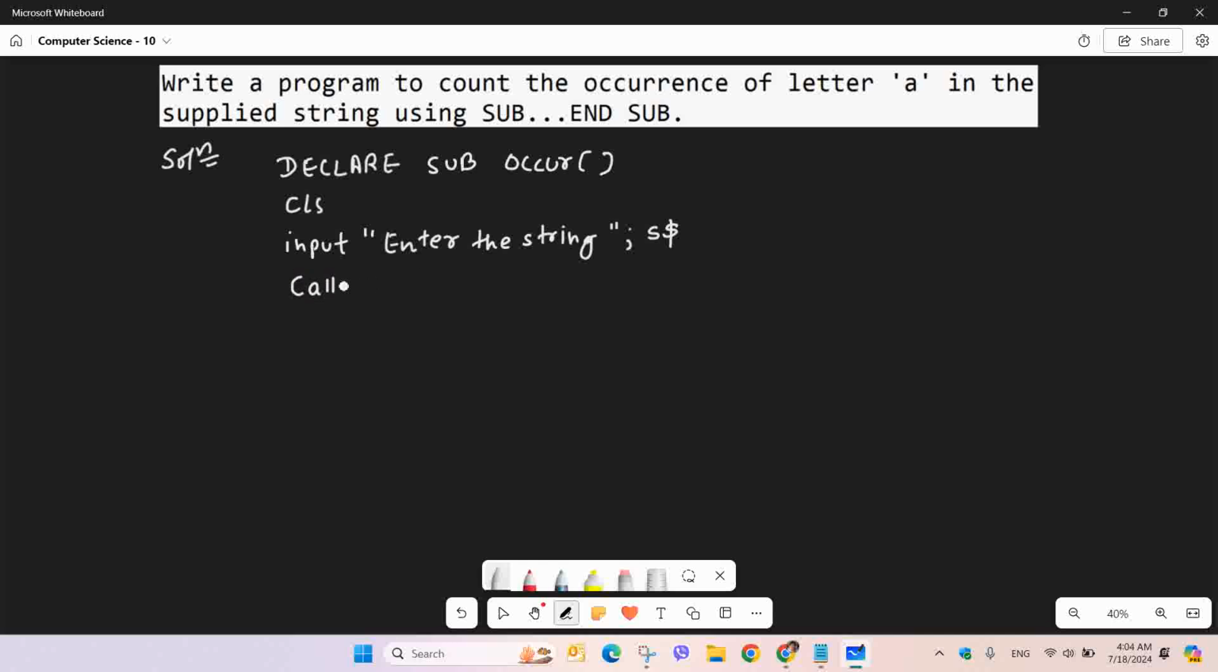Since this is a sub-procedure, we have to use call statement. So call occur $. Okay, so fine, this $ should be here, and end our program. So modular part here, sub